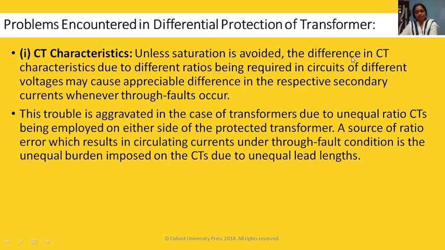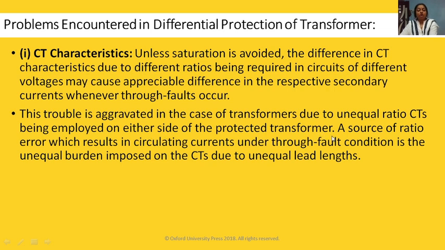Now first we'll see CT characteristics. Unless saturation is avoided, the difference in CT characteristics, due to different ratios being required in the circuits of different voltages, may cause appreciable difference in the respective secondary currents when a through fault occurs. This trouble is aggravated in the case of a transformer due to unequal ratios of CTs being employed on either side of the protected transformer.